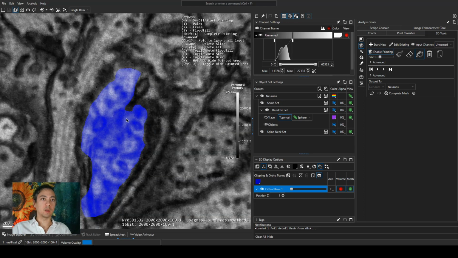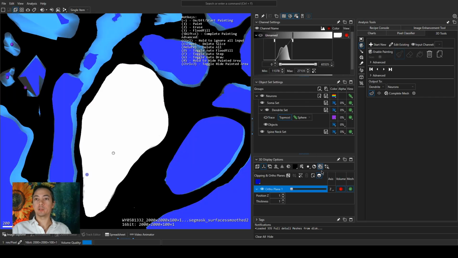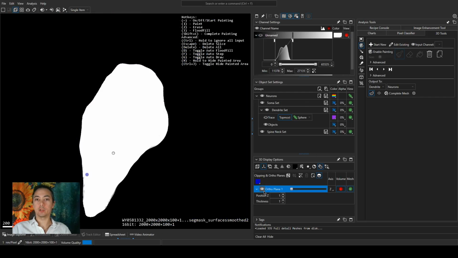Let's see, yeah, this one can use some painting, maybe something like that. I'm definitely not a good painter, but we'll say that's pretty good. Let's complete it with smoothing on, like that, and then just looking at this one by itself,